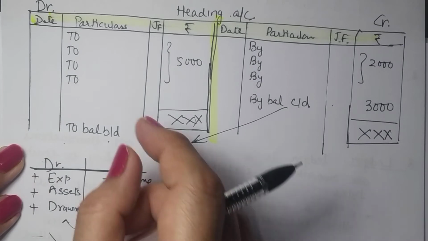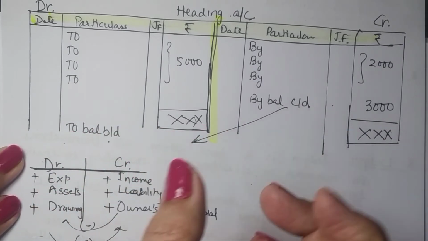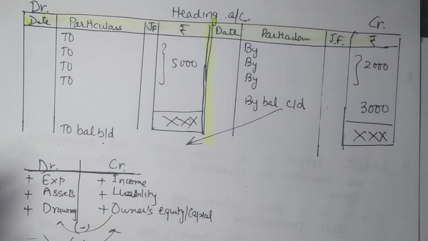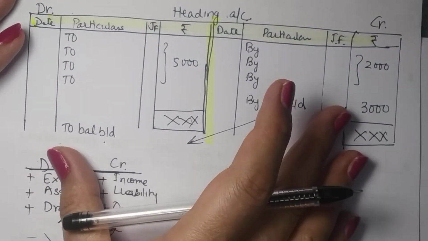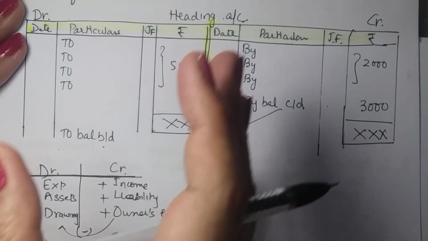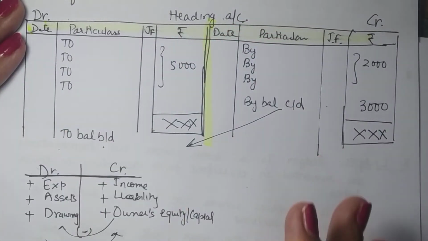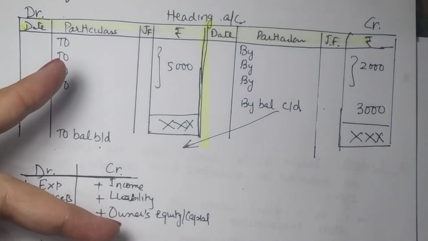So from next time onwards, you will have a balance, then you will record the transactions and you will be done with balancing it. Now, we just did one account. But in a business, we don't have one account. We have a variety of accounts to cover all the transactions.